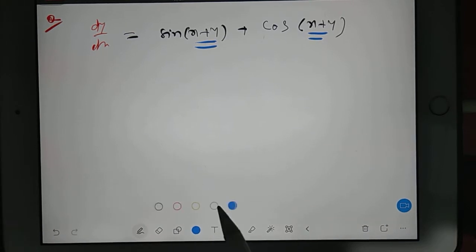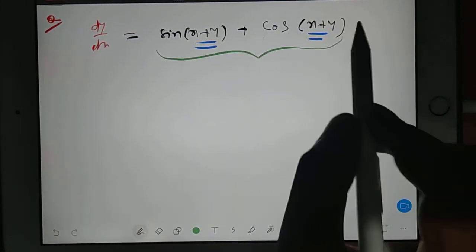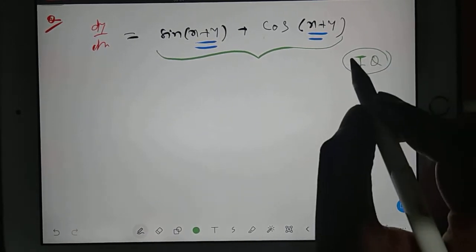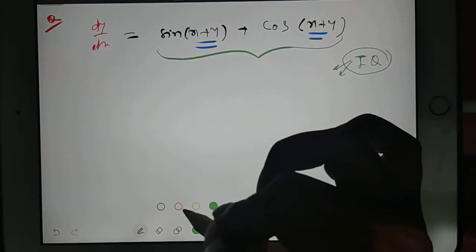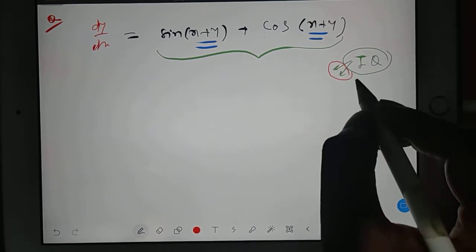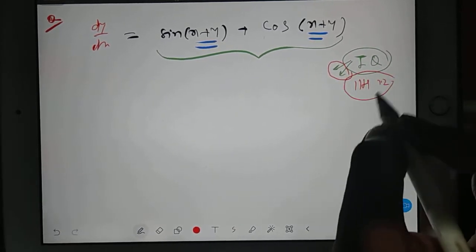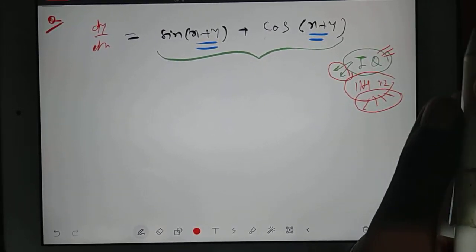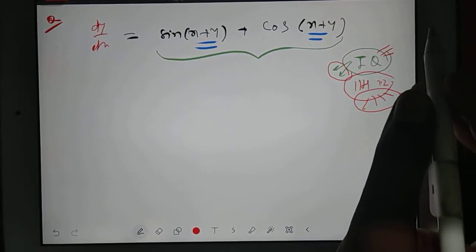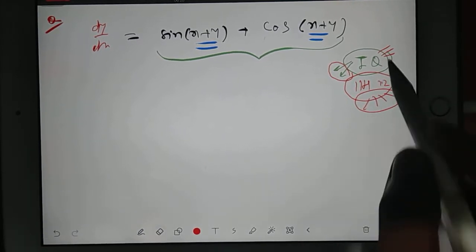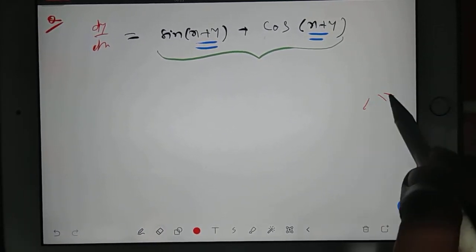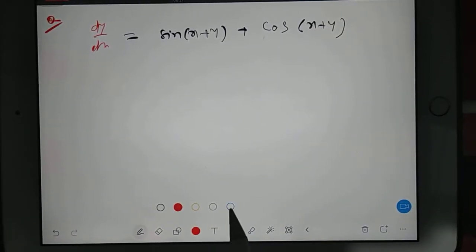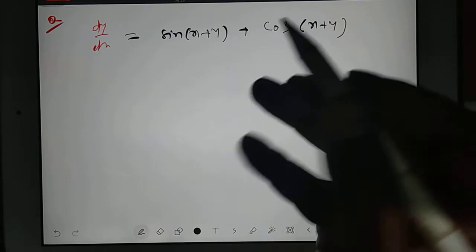Then see, whenever any twisted question comes, that time your basic IQ matters. How will you develop your basic IQ? By practicing different types of questions in 11th class, 12th class, or during preparation for IIT JEE. That time we used to develop our IQ because we tackled different types of questions. But because this is GATE preparation in limited time, somewhere you have to compromise a few things. If you're good in basics, no problem, or else learn some new things here.